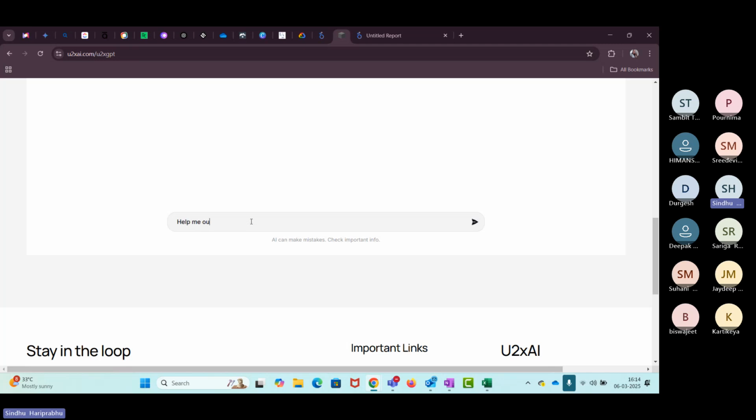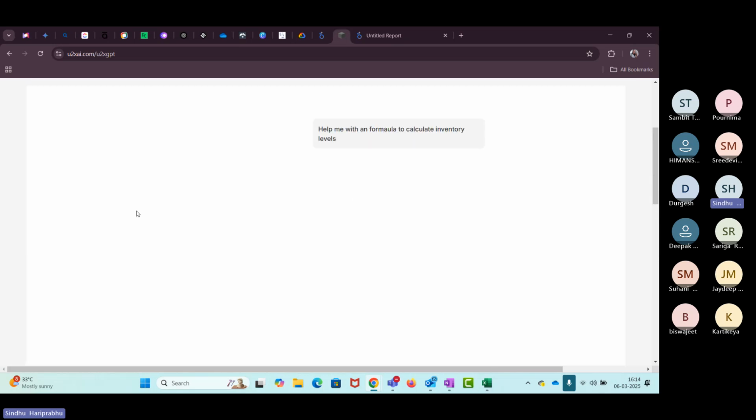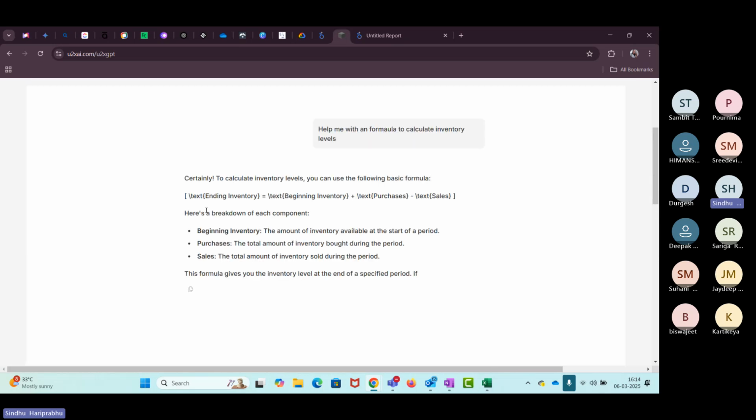Help me with a formula to calculate inventory levels. See, so your formula is ending inventory is equal to beginning inventory plus purchase minus sales.